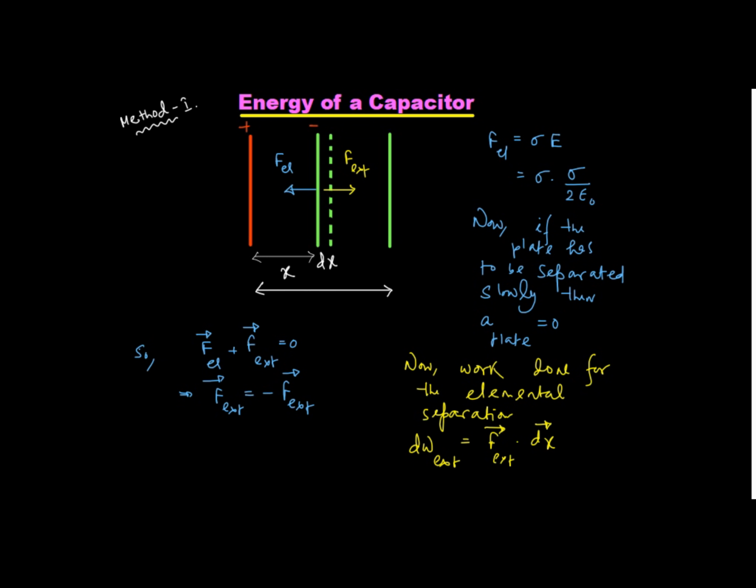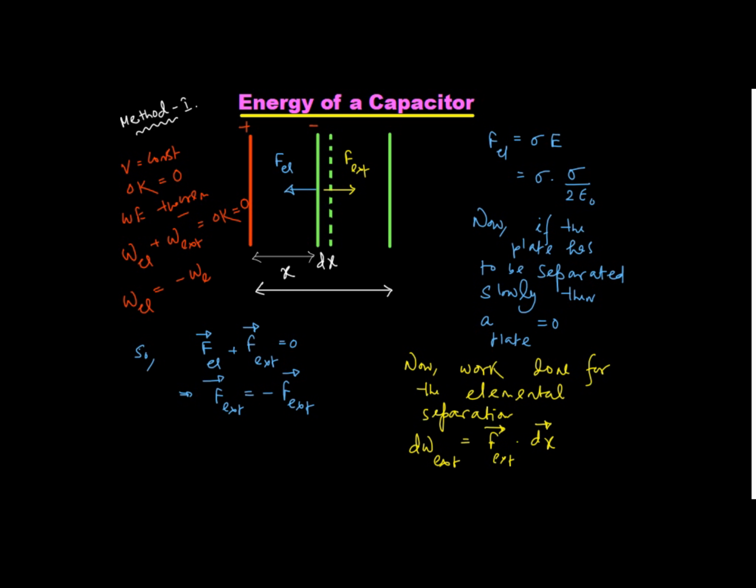And we are moving the plate very slowly because we want to suitably apply the work energy theorem, for which I have to move the plate very slowly. If the plate is moved very slowly, then the acceleration of the plate is zero, so velocity remains constant, hence change in kinetic energy will be equal to zero. That's my agenda. So it is moved slowly means V is equal to constant, V is equal to constant means delta K is equal to 0. So as per work energy theorem, what will happen? Work done by electrostatic field plus work done by external agent is equal to change in kinetic energy, which is equal to 0. So work done by electrical force is equal to negative of work done by external agent.